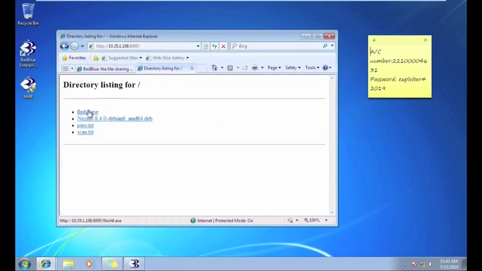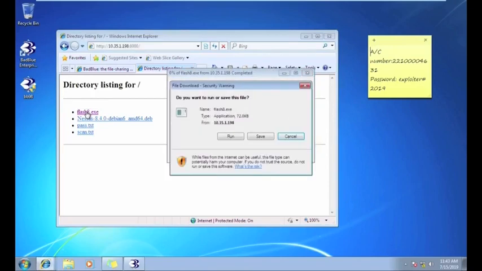Now, see, this is the executable which we already created. Now, I am executing this file on the target machine.